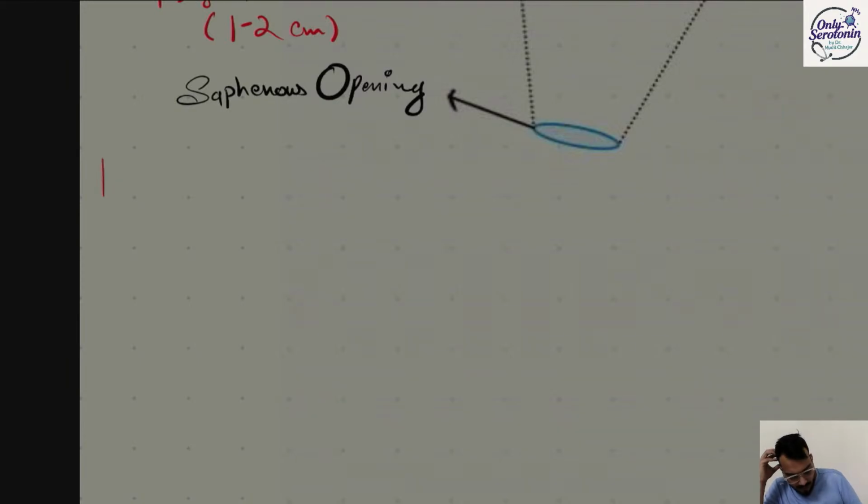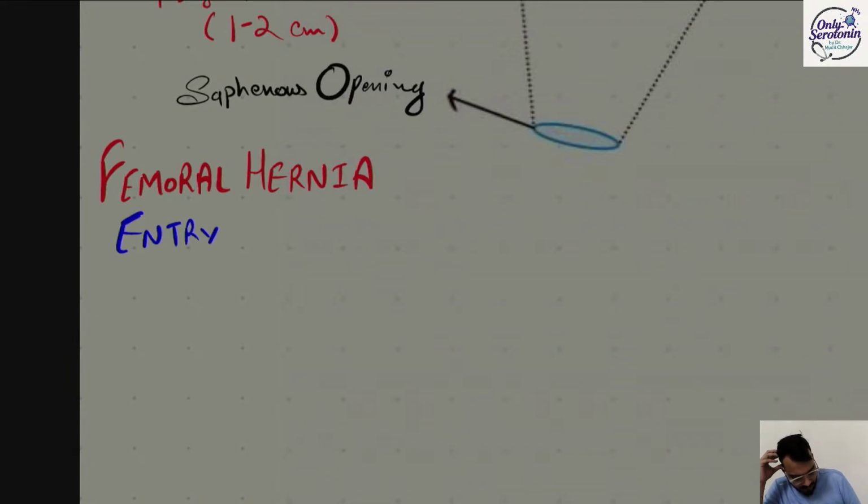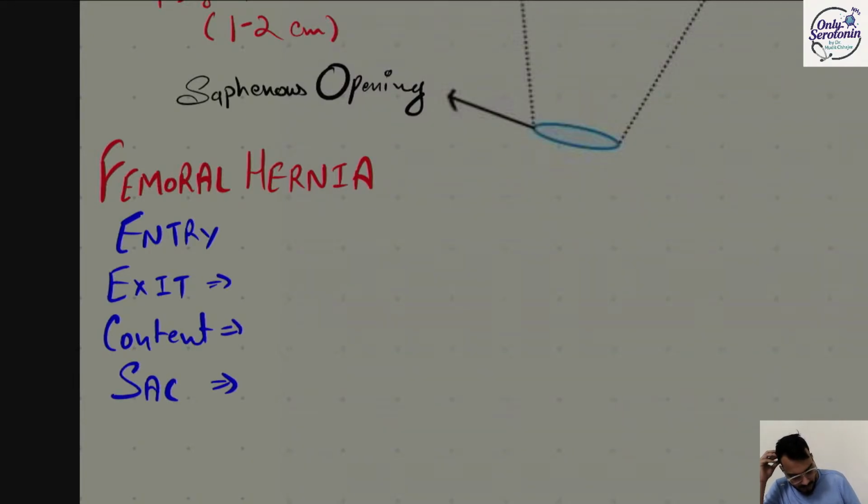So in femoral hernia, we are having an entry point, we are having an exit point, we are having the contents of this hernia, and these contents are covered by the sac. All these four are the questions of femoral hernia. The entry point is the femoral ring, the exit point is the saphenous opening, the content is bowel and omentum,